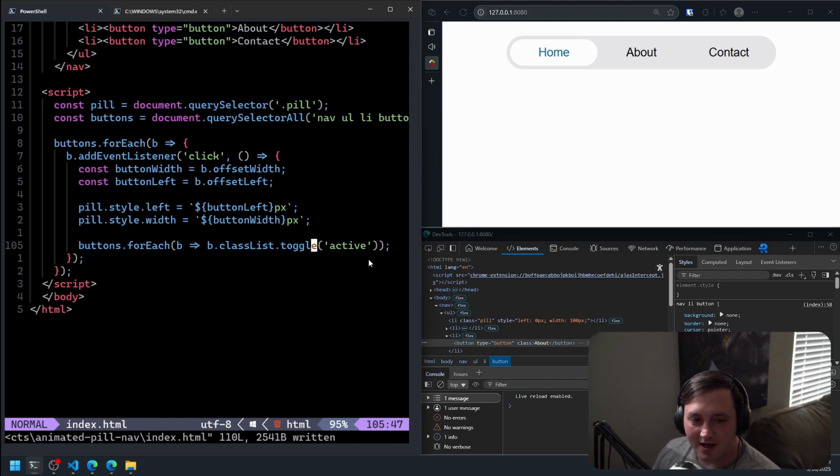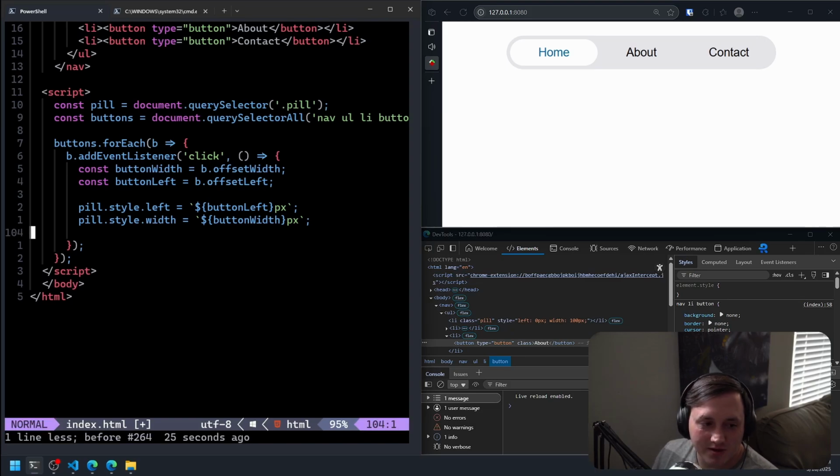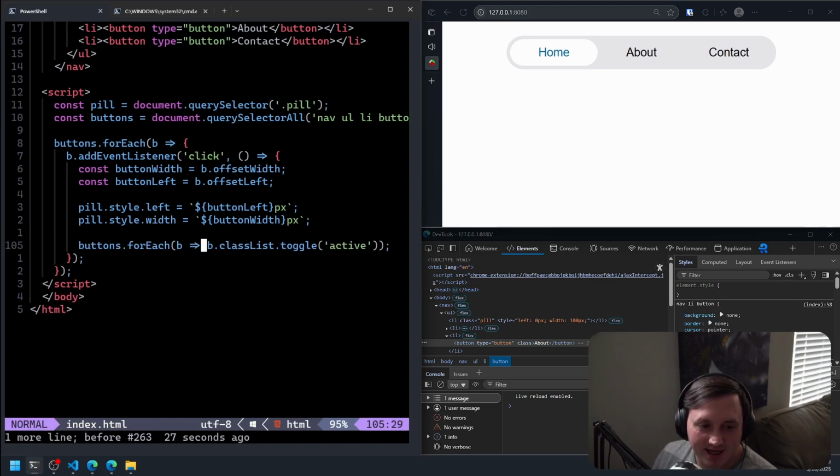So we only want to toggle the one we're clicking on. So we'll say, how do we want to do this? I'm trying to think of a better way of doing this to apply the color. I mean, we basically need to do exactly what I was just doing. We just need to say if it's